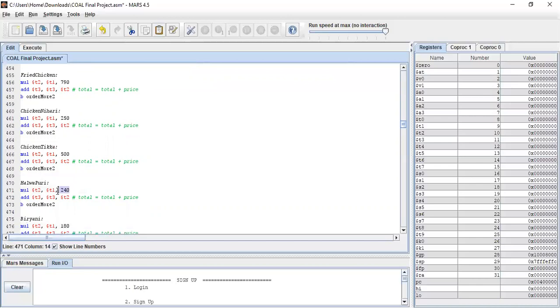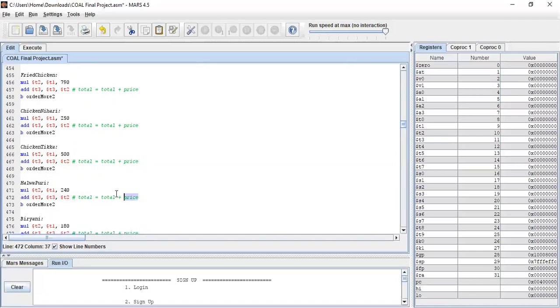The price of halwa puri is 240. It will add in the total. We have already had burger there, so the price of burger 180 plus the price of halwa puri 240. So in total we have the price of burger 180, and in the price we have the price of halwa puri, that is 240.